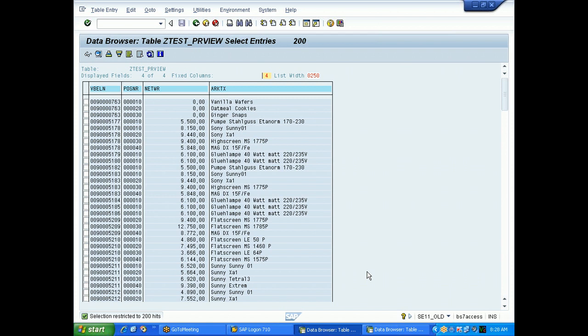Projection view is to view different fields of the same table.